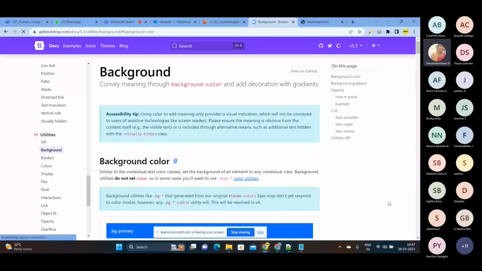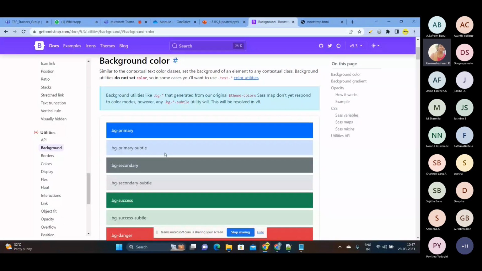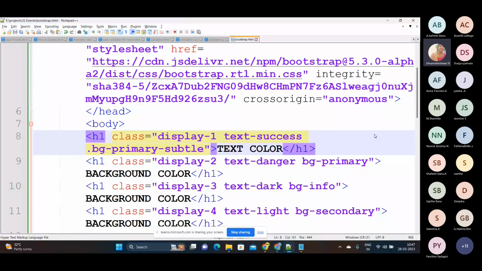Scroll down, see here, this is primary. And here if you use subtle, it is a little bit of color difference. So let me change this to subtle. If I refresh this,